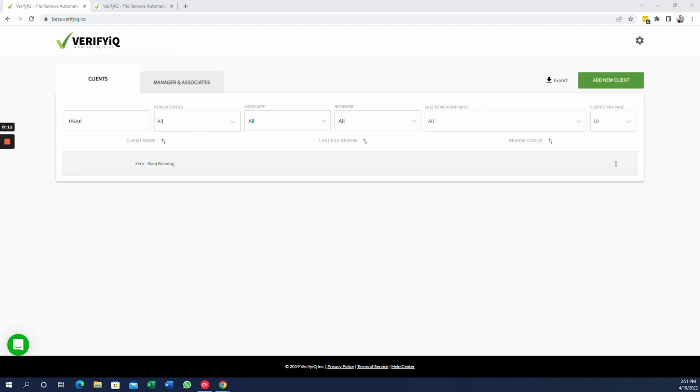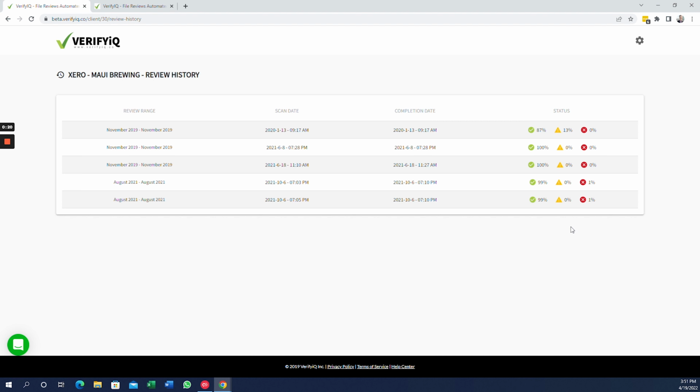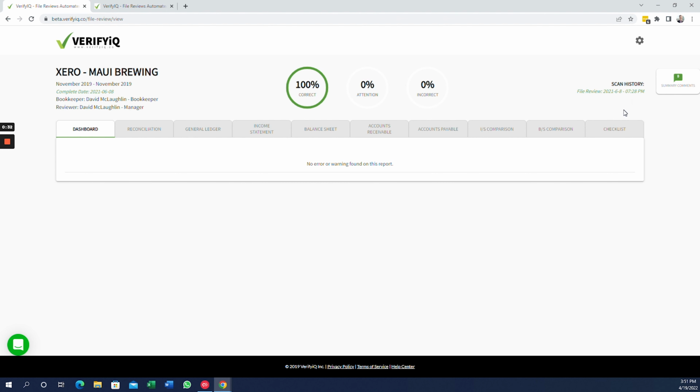So, after logging in, searching for the client's name, and finding the client, please come over to the three dots on the right-hand side and click on Review History. Once you see this page, it is displaying all the previous reviews, the date range of the review, the scores, and then if you click into the previous review, you will be able to see the summary comments if any